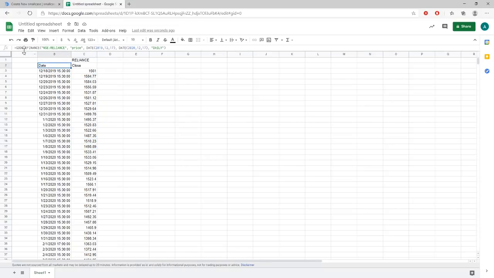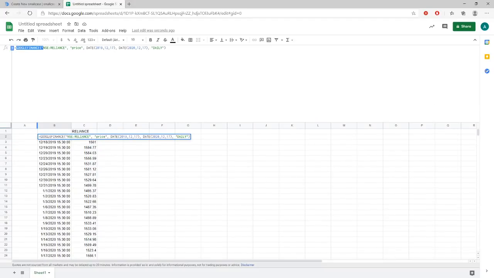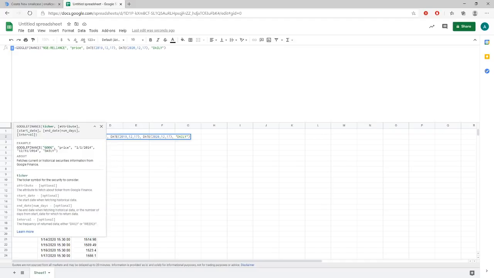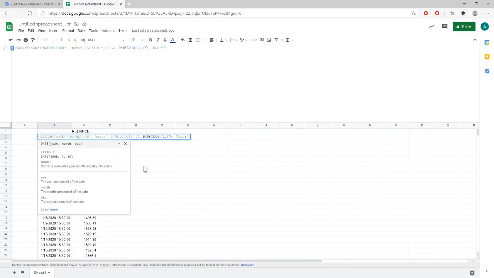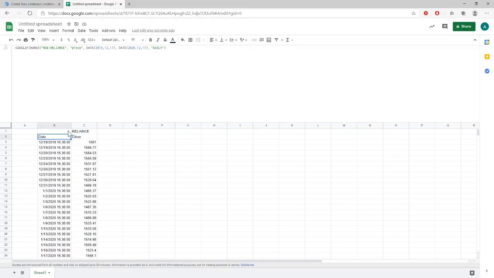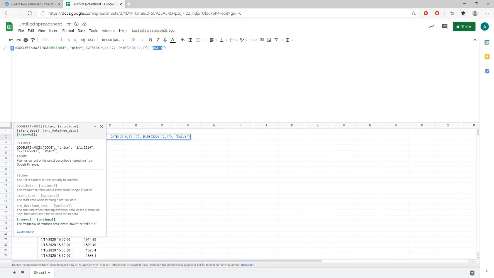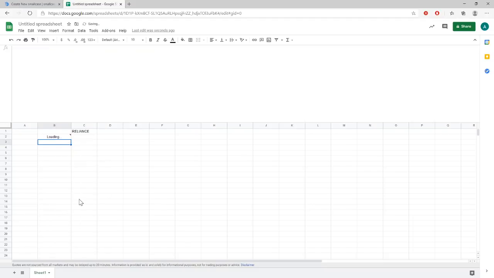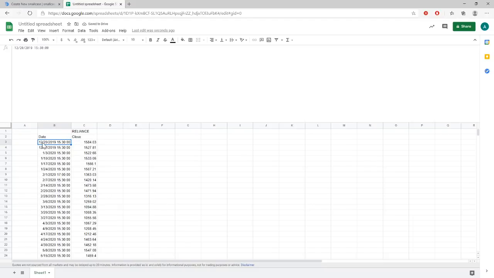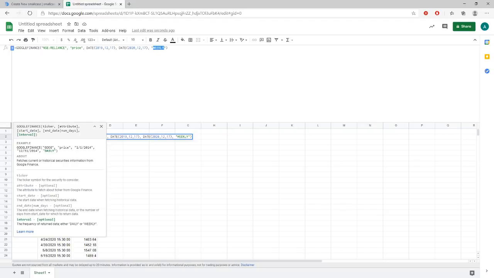So I'll go to the formula once more. Google Finance, the ticker NSE colon Reliance, price, date, the start date, the end date, and whether you want daily data or monthly data or yearly data. So if you just click over here, it will also ask whether you want it weekly. So if I just put in weekly, I'll get weekly data. So as you can see, it starts from 28/12/2019, the next is 27/12/2019, 3rd January 2020, and so on. So for this purpose, I will just put in data as daily data.